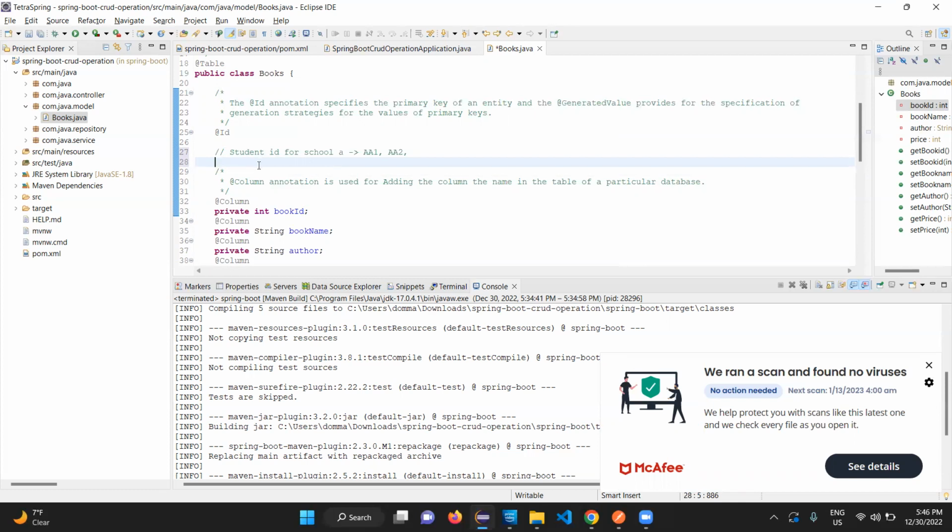Now, let's say you took admission to school A. So your student ID will be AA1. For the second time, there's a student B who will come and join school A. So his student ID should be AA2. So who is determining what is the number of